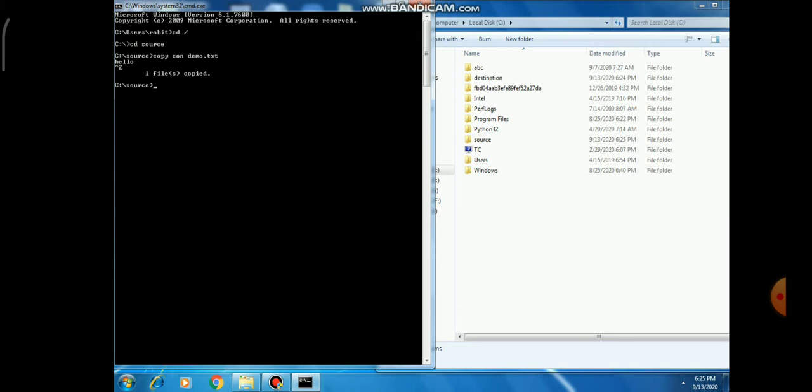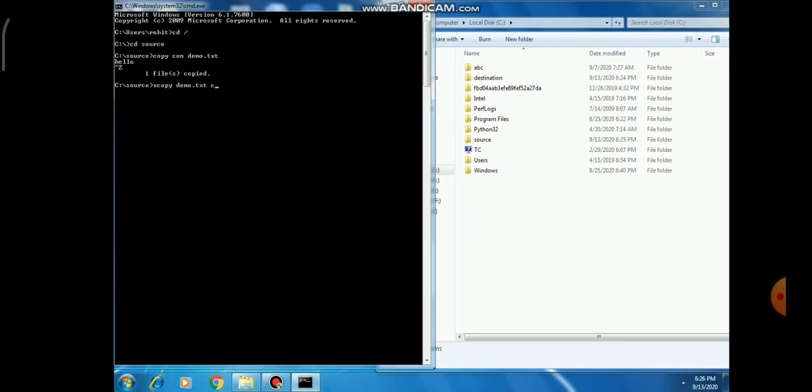Okay, so dear students, if you want to make a Xerox copy of a file that you have created under the source folder, and the name of the file that you created is demo.txt, which contains the message hello, then to copy this file from source to destination you have to use the xcopy command with the address of source and destination. For that you have to write xcopy, and after that the name of the file, that is demo.txt. After writing this you have to give the location of your destination.